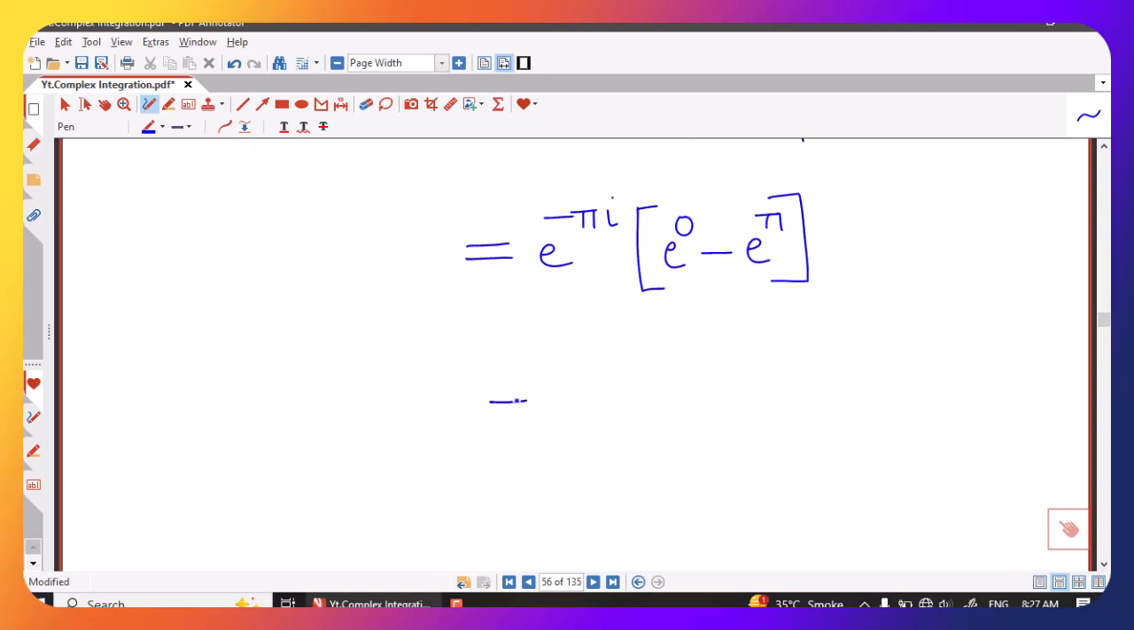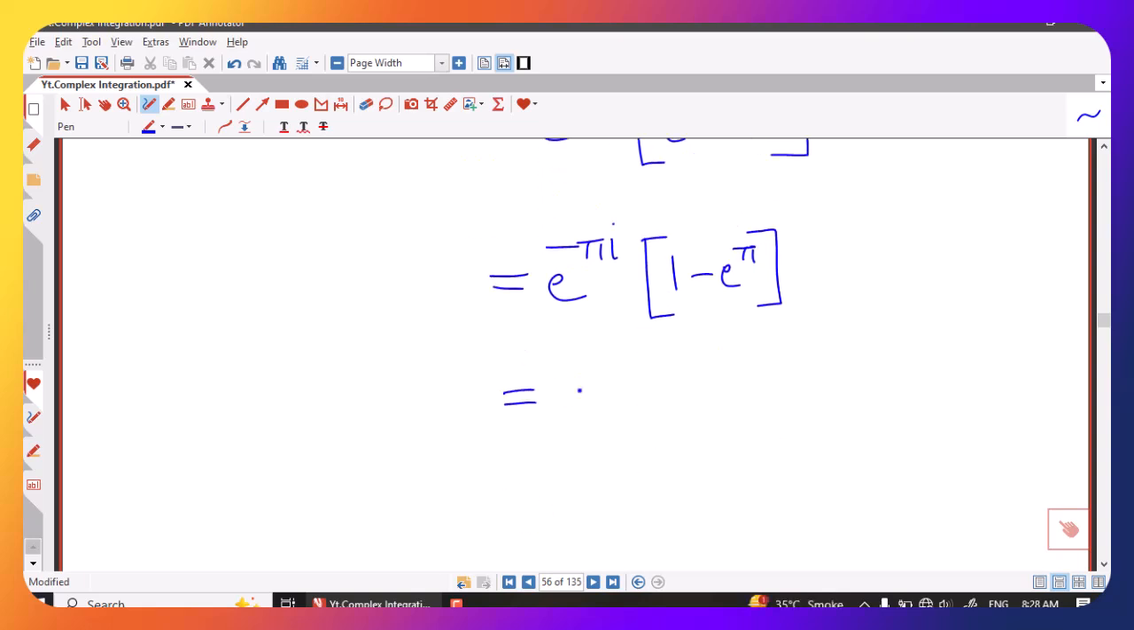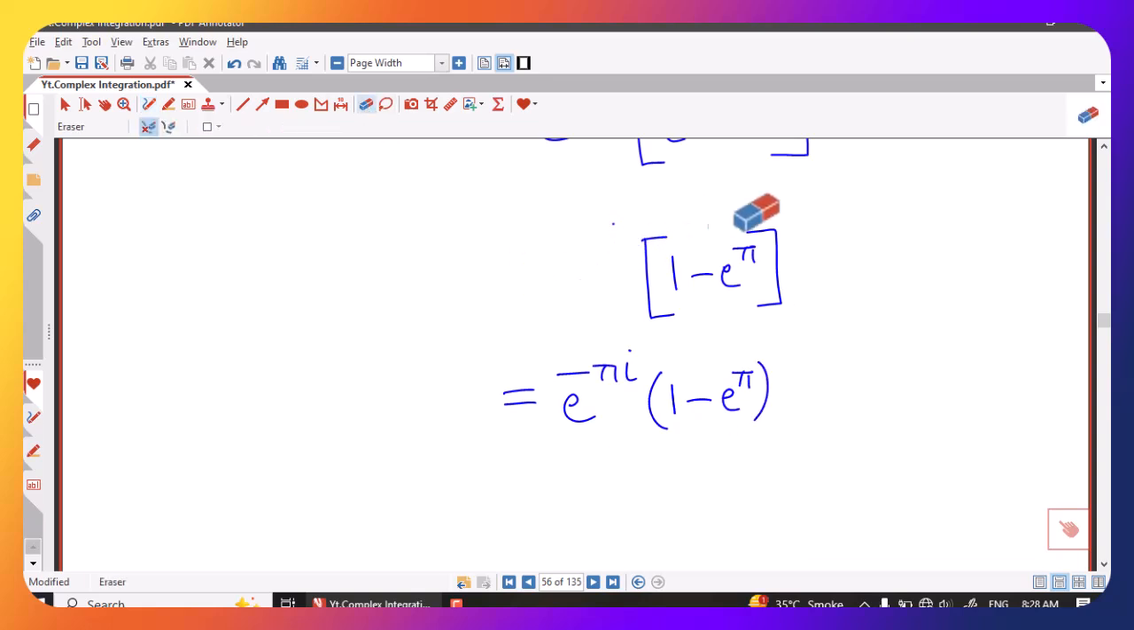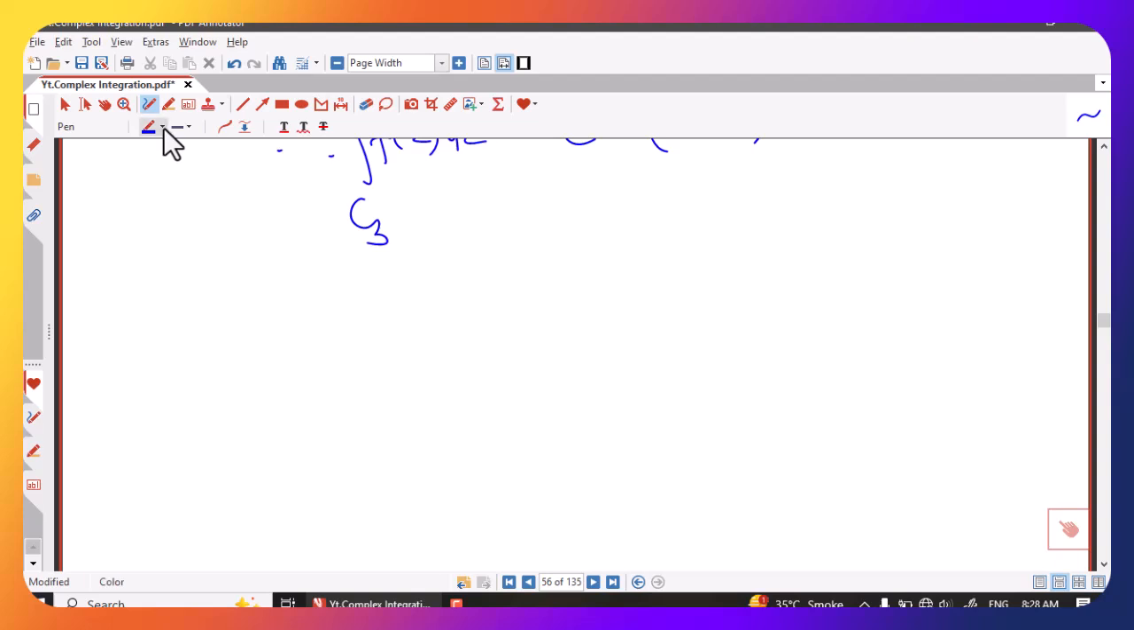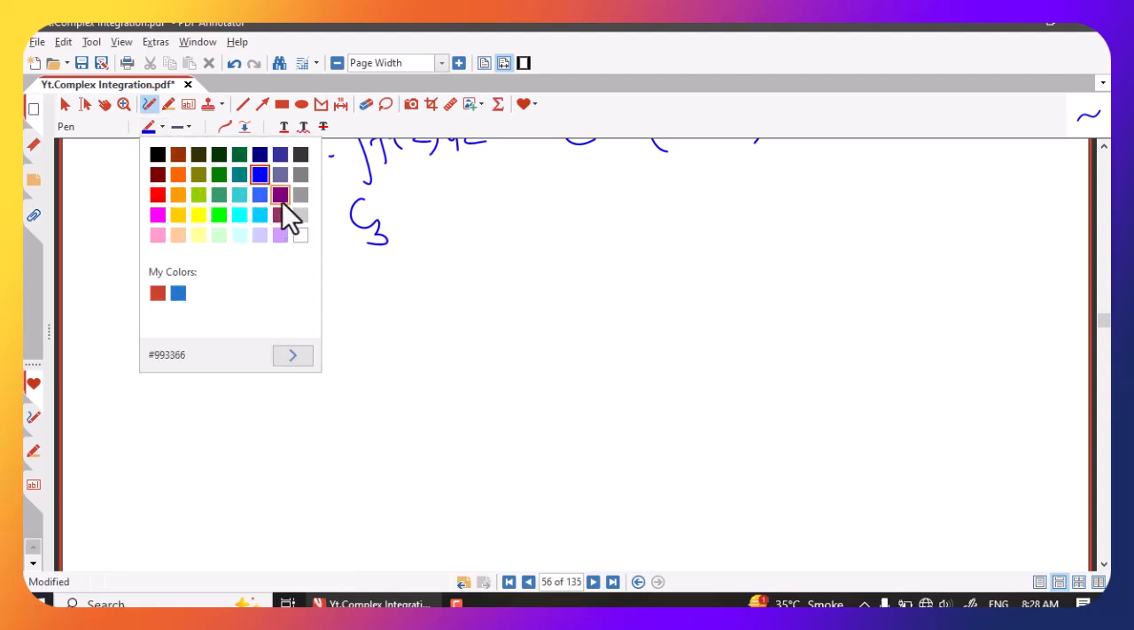e raised to 0 is 1, so we have e raised to minus pi i times 1 minus e raised to pi, or this I can again rewrite as e raised to minus pi i and 1 minus e raised to pi. So I am removing this bracket. Let me write in this form. This is the integral of f of z along C3, and finally we have to integrate along this C4,